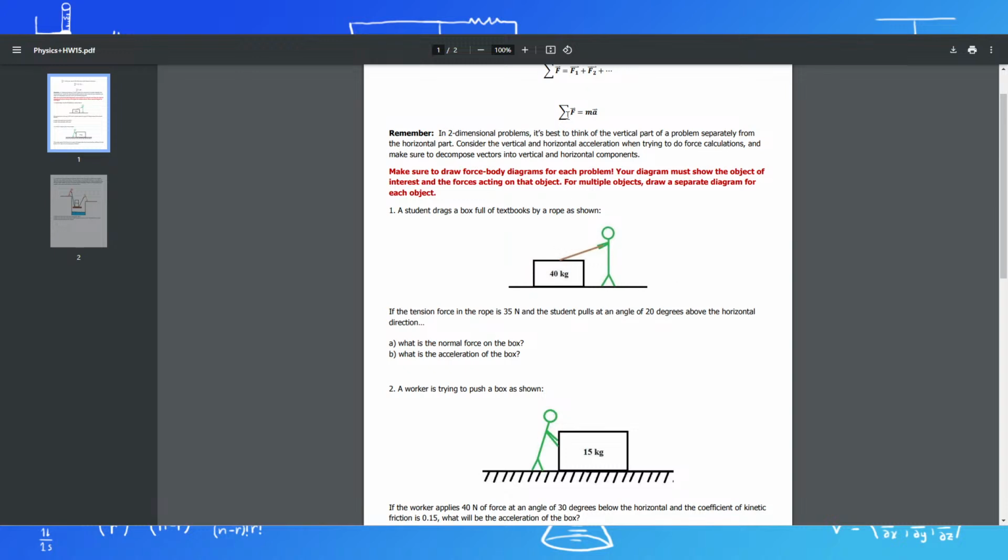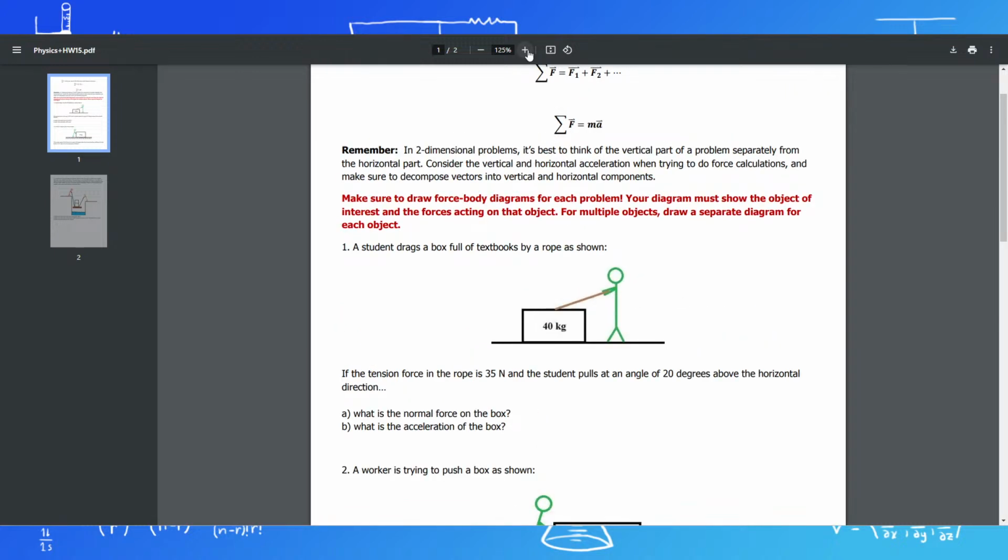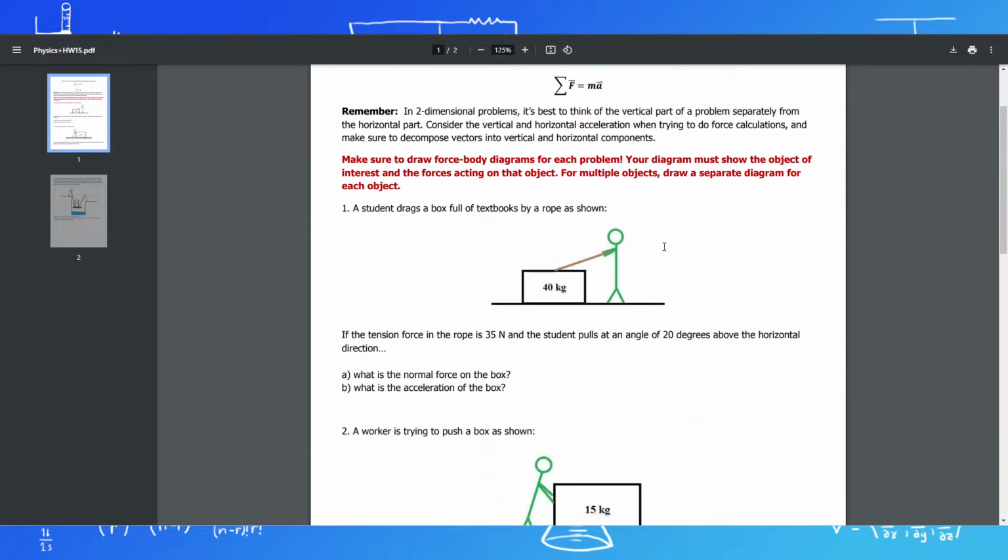So let me see, anything in the reminder that I want to emphasize? It says in 2-dimensional problems, it's best to think of the vertical part of a problem separately. Yeah, we already talked about that. Okay, and